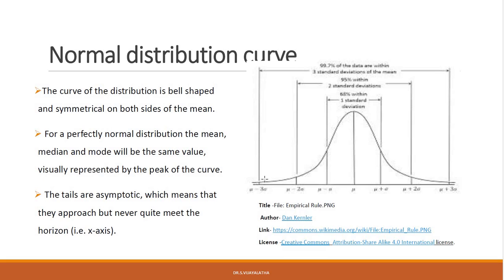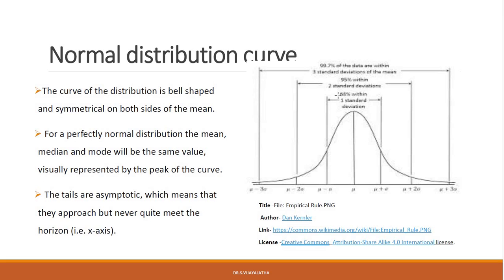This is the peak and these are the tails of this curve. Median is a point which will divide the data into two equal halves when you arrange it in an ascending or descending order, and mode is the data value which occurs the maximum number of times. All the three coincide in a perfectly normal distribution. The tails are asymptotic and